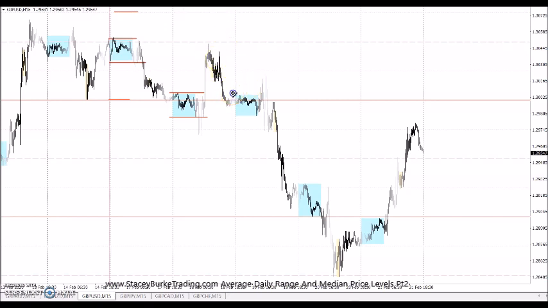The idea, again, is to stay out of this area. We don't want to get caught. We want the market maker, the smart money, whatever you want to call them, the banks, to show us their hand prior to us participating in the market. Getting in early, getting in on a hunch, getting in on some kind of price action pattern may work out for you.